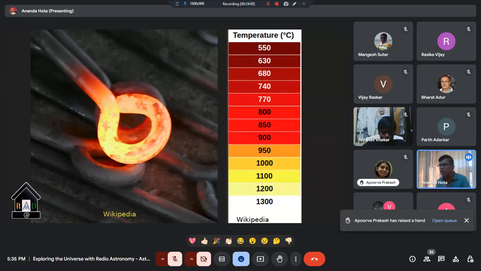That is what is called a black body. But this is very similar to stars. A star which is looking blue, it's hot, very hot, 10,000, 20,000 degree. A star which is looking like yellow, like our sun, it is 5,000, 6,000 degree.